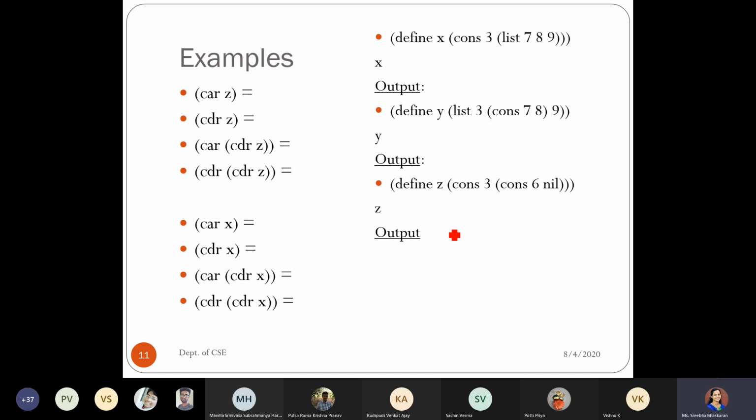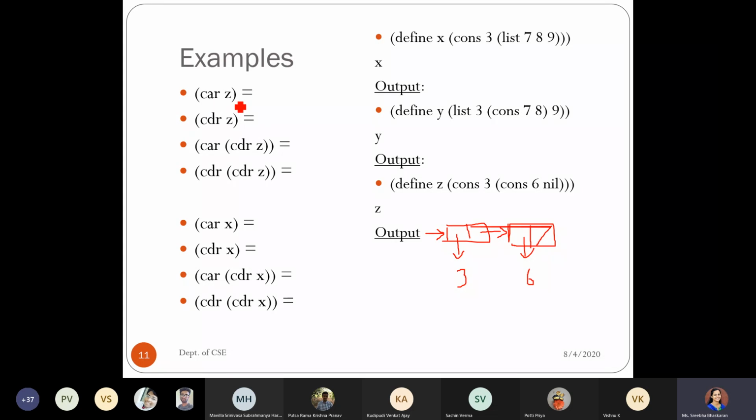so if you remember, we have drawn the box pointer representation, something like this for Z. It will be 3, right? So the first content was 3. Second box, which was again another cons, with second content 6 and nil, right?